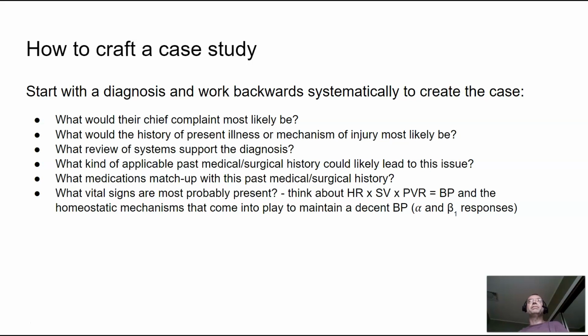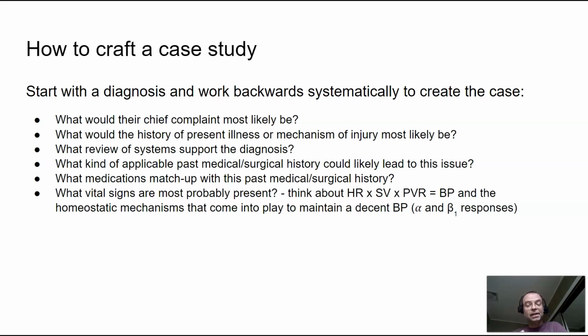Vital signs. We need to think about the vital signs. So if our patient, let's say, has a collapsed lung in a car wreck, if they have a tension pneumothorax, they're going to be hypotensive. Well, how does the body respond to hypotension? Heart rate times stroke volume times peripheral vascular resistance equals blood pressure. When you become hypotensive, your heart rate, stroke volume, and peripheral vascular resistance each kick up in order to compensate for that hypotension. So therefore, their heart rate should be high, stroke volume should be high, and peripheral vascular resistance